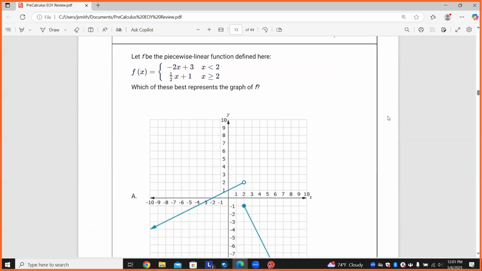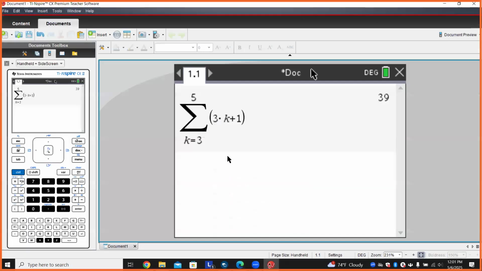All right, this next part, again, I can teach you exactly how to graph a piecewise function. We have a calculator, but let me teach you how to do that as well. So what you're going to do is